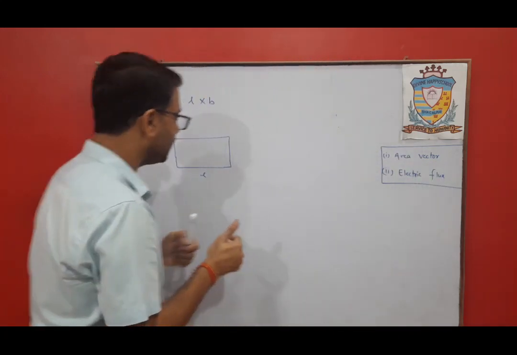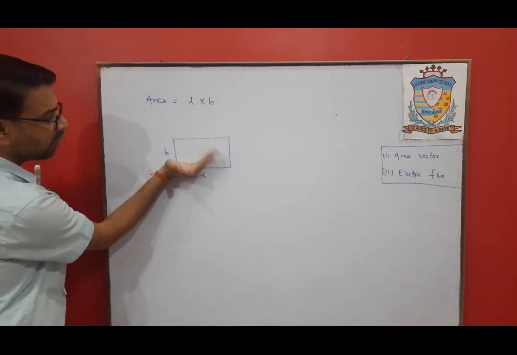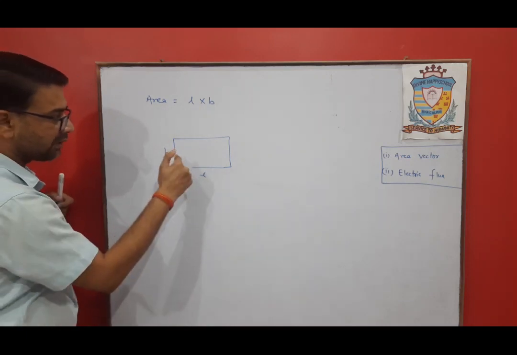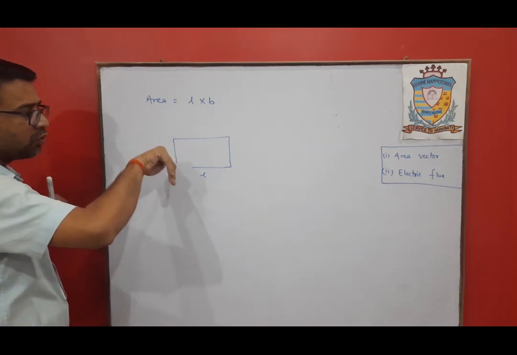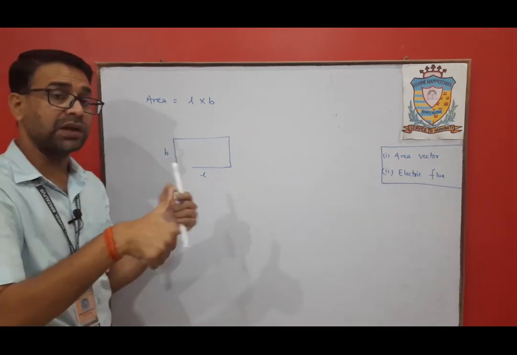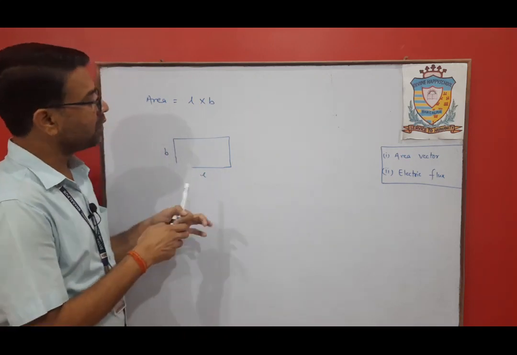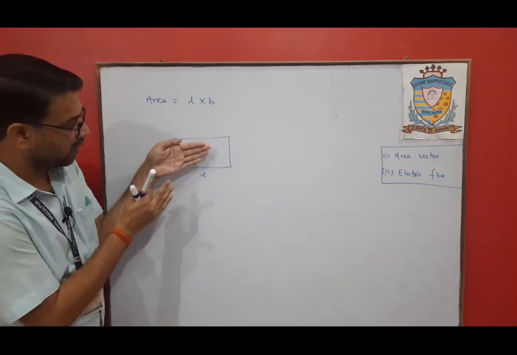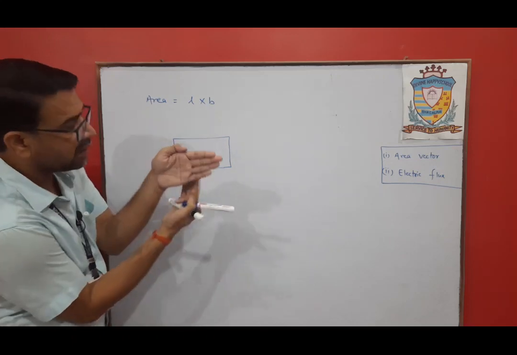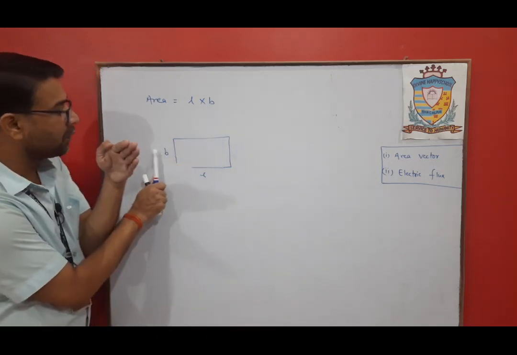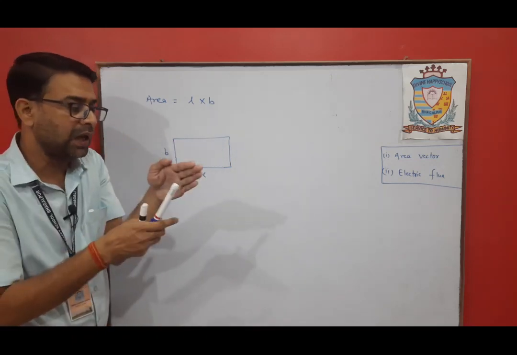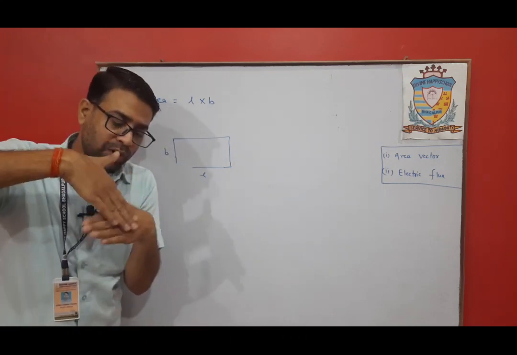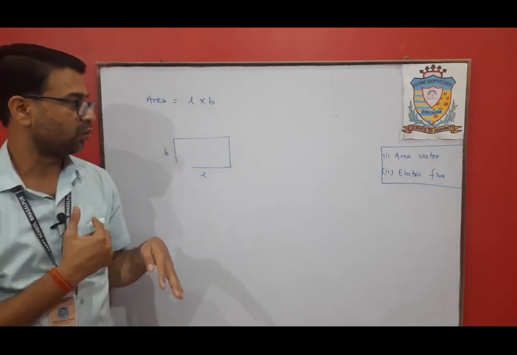Clear? Similarly here, if we move this L towards B, the outward direction will be the direction of this area vector. Or if we move this B towards L, the direction is inward. Okay. For another side, suppose this is the first side which you can see over here, and this is the back side. If we multiply B to L, in that case the direction will be inward. But for this surface, it will be outward.